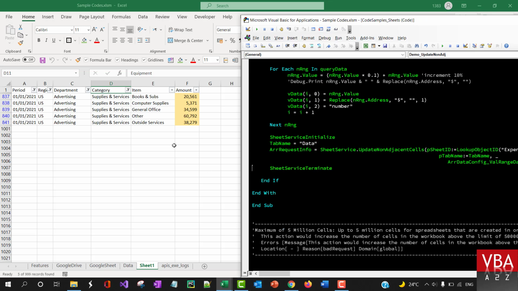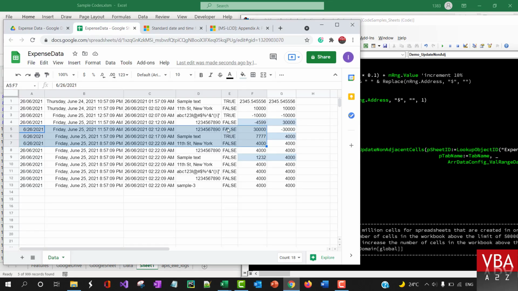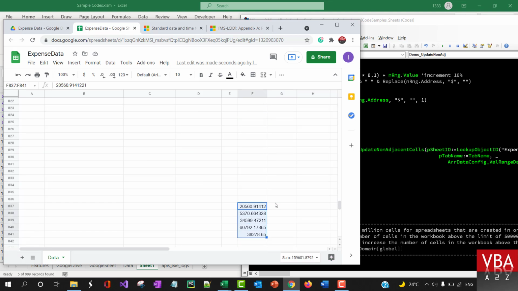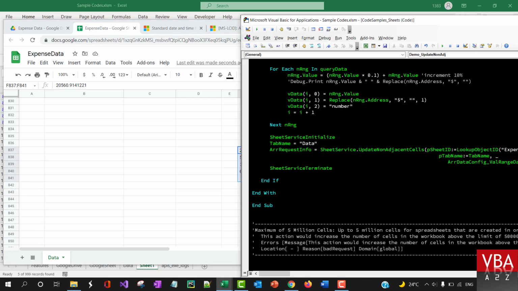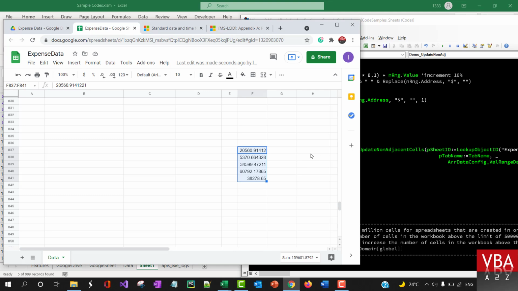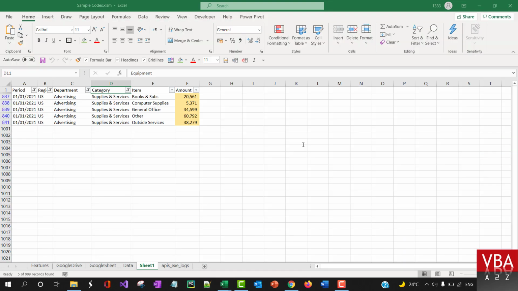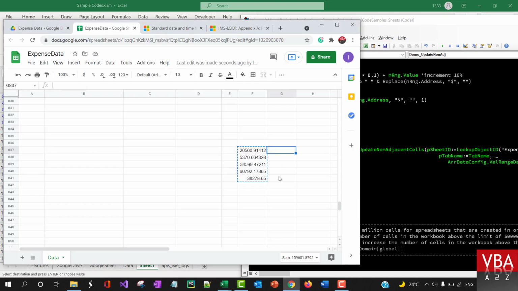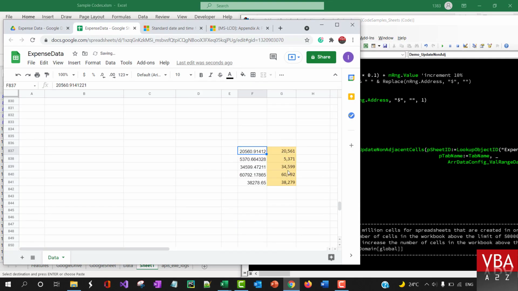Okay, so now if I go to this particular workbook, Google Sheet, you'll be able to see the data which has been written here to that particular range, because we use the update non-adjacent cells update method here. So if I copy this data to Google Sheet, it will be the exact data